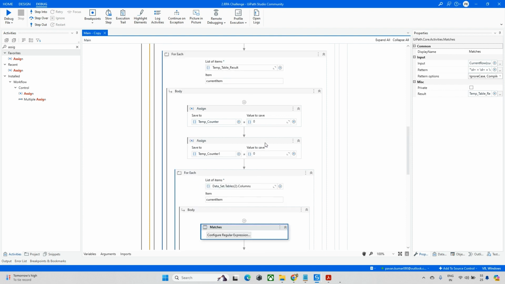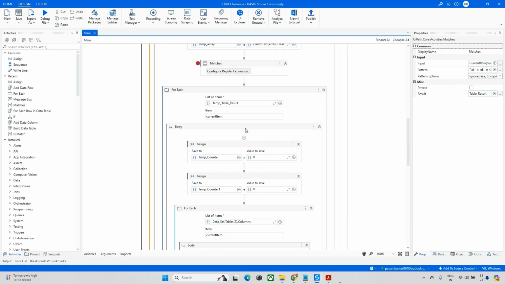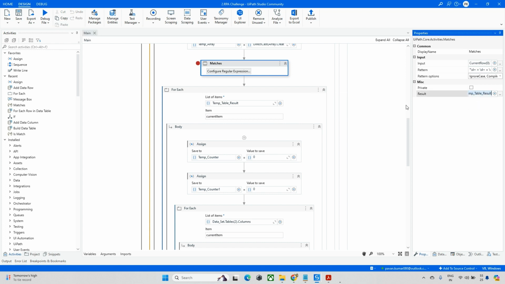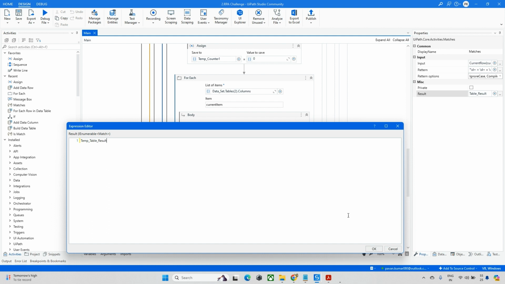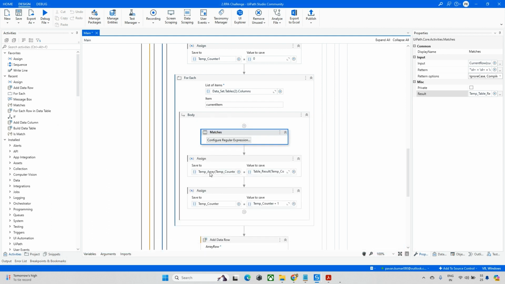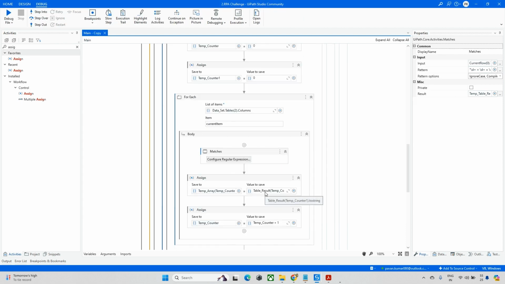So I missed one thing. Let me check with the top one whether I gave the same thing. Temp table result. I mean anything is fine, it's not in that thing. Okay, here I will check this temp table result. Okay, anyway,